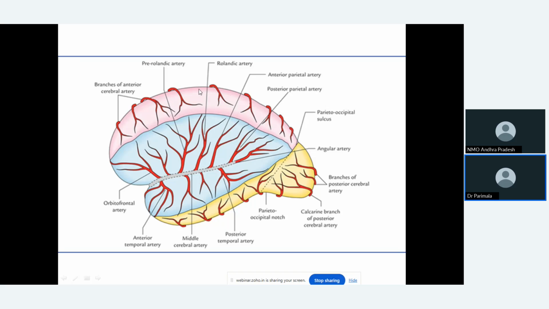Perineum and lower limb, mainly. The micturition center and defecation center are present in the paracentral lobule. Those will be affected if there is a lesion in the anterior cerebral artery. Complete vision is controlled by the posterior cerebral artery. Blood supply to the visual area is by the posterior cerebral artery. This is the idea that you have to get.